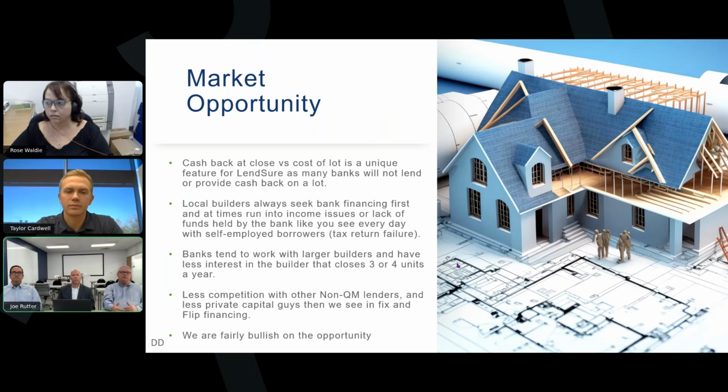And so you can get repeat business and do all of that. Most of your local builders are going to seek out bank financing first. Bank financing will require the income analysis, the business analysis, all of that kind of stuff. We don't mess with any of that. We get these loans, we get them in, we get them closed, we get them funded, and then we get